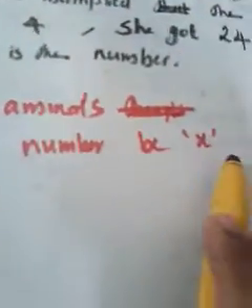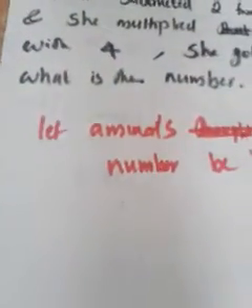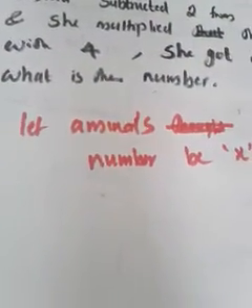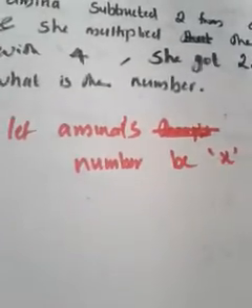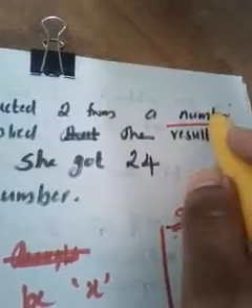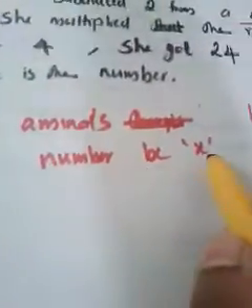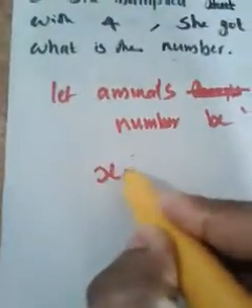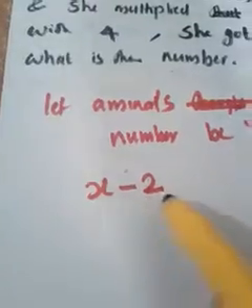So if her number is x, when she subtracts 2 from that number, what do I have to write? 2 minus x or x minus 2? X minus 2. Subtract 2 from that number, isn't it? She subtracted 2 from that number. So that number you are supposed to write first, then minus, then 2. Which is the number she thought of? X. So x minus 2. So the first operation is finished. This is the result she got after subtraction.